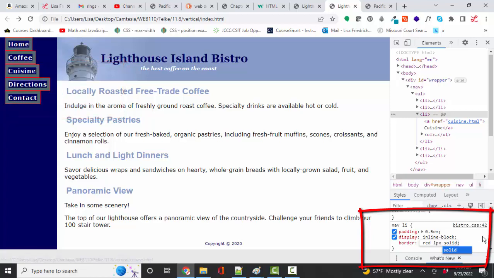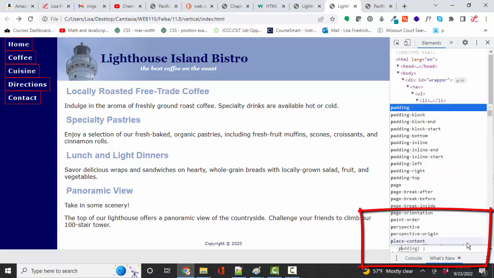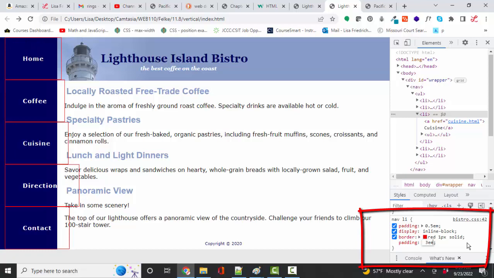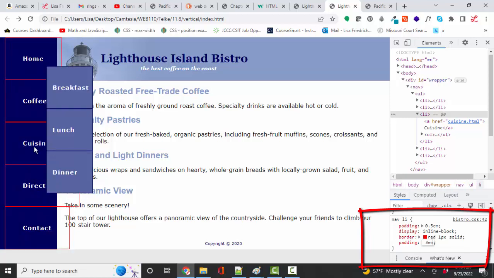So I can even prove that to you by adding, let's just add some padding here. Make those bigger. Now when I hover over cuisine, see, I can get my drop-down menu. I'm just trying to prove how you can use that navigation window and that nice border to help debug CSS